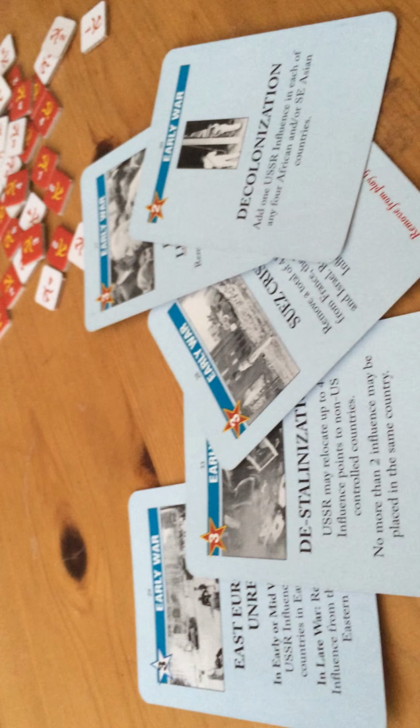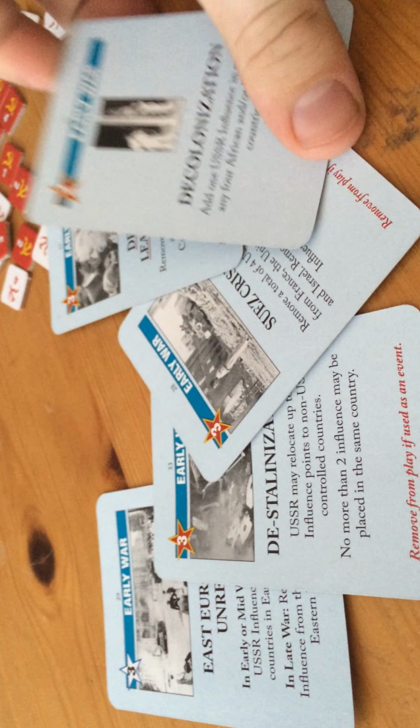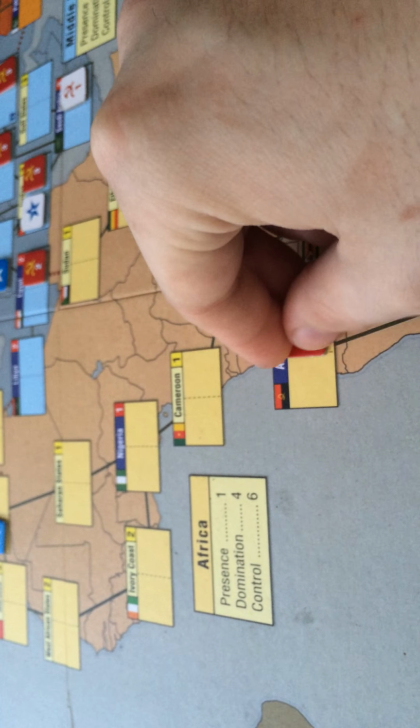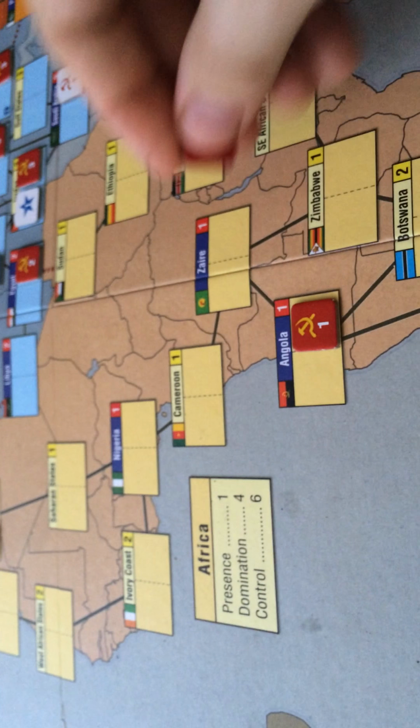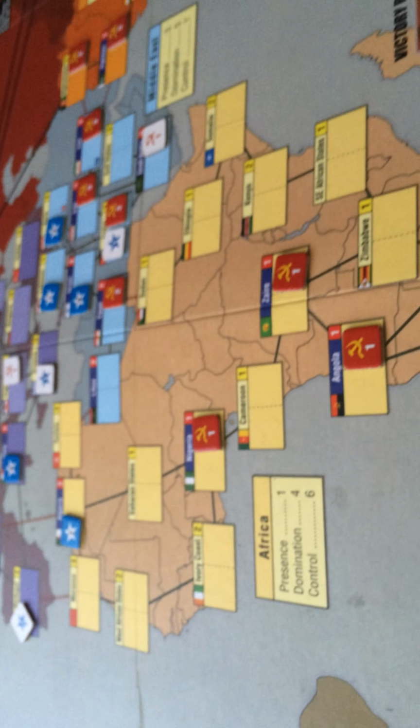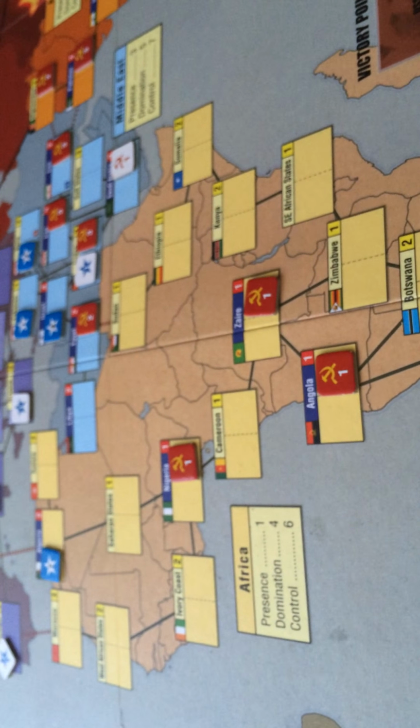because I want to get rid of some of this. I want to play some of these cards. Let's do decolonization first. That's 1 in 4 African or Southeast Asian countries. Southeast Asia is perfectly fine for the Soviets. You can see it's not bad at all. But Africa, 1 point in Angola, 1 point in Zaire, 1 point in Nigeria. And let's just go ahead and take...